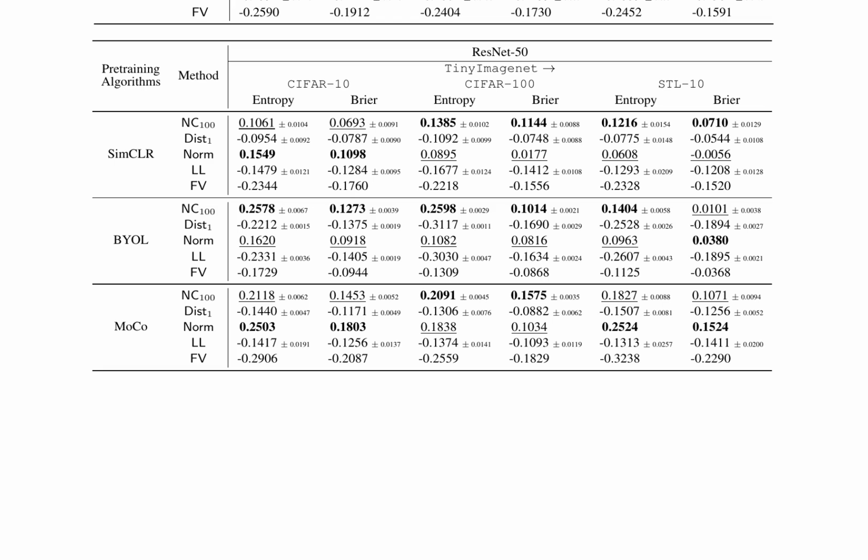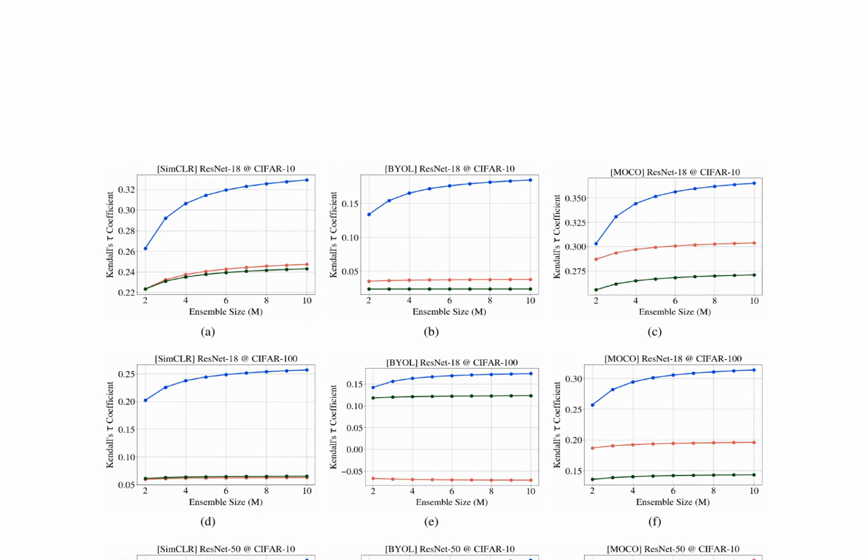The results, presented in Table 9, demonstrate that the NC100 method outperforms the baseline methods in terms of correlation with downstream task performance, as measured by entropy, Brier score, normalized, and log likelihood metrics. The results show that the NC100 method achieves higher correlation coefficients with downstream task performance, indicating its effectiveness in capturing meaningful representations. Specifically, the NC100 method achieves a correlation coefficient of 0.1392 on the CIFAR-10 task using ResNet18, outperforming